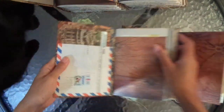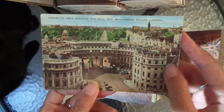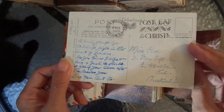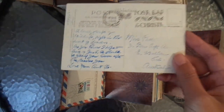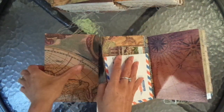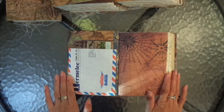And this one, it's the other half, so this one's cool because it's got the stamp. And then I got another double. It's like must have been from the same person who sent these, but it's obviously a different postcard, but as well 1956, so she must have, I'm assuming it's a she, written these and sent them out at the same time. So they both have an original postcard. Yeah, okay, maybe I'll share those other ones later, but these 2 are quite similar, so I just wanted to share that. And then I've got some cool vintage looking,